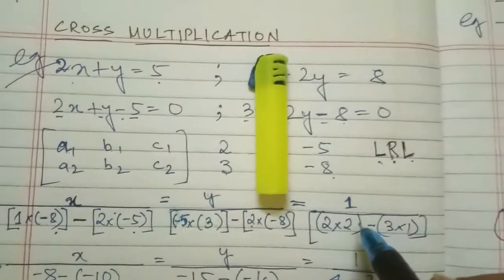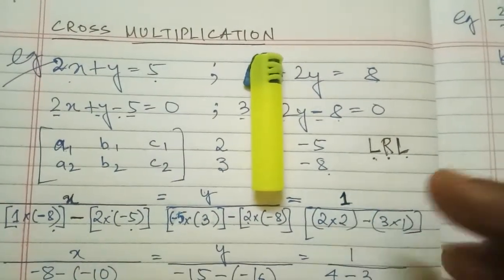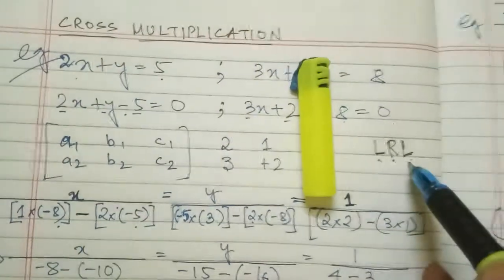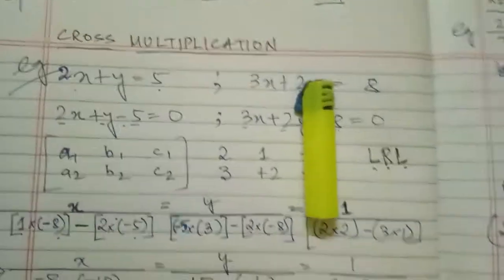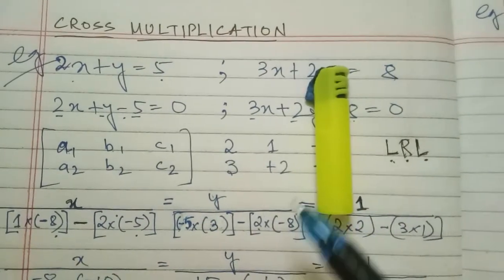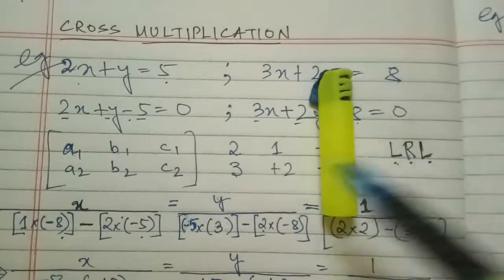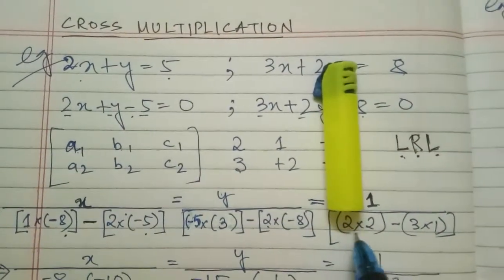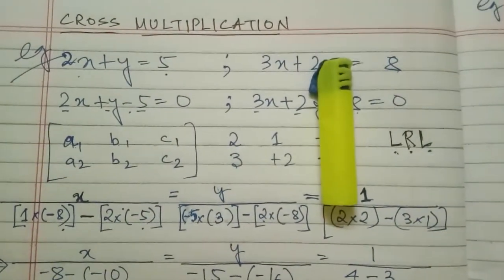Next we have the constant. Constant means the one I have written over here. Now we put the cap on the constant. Now what is remaining? Left. Left means what? See, what are the numbers remaining? 1 2 3 4. Left means your left top corner. Always for any right or left, the top corner is taken first. Left top corner, 2 into 2. Next minus will be 3 into minus 1.